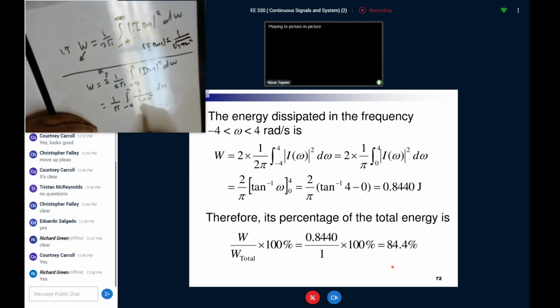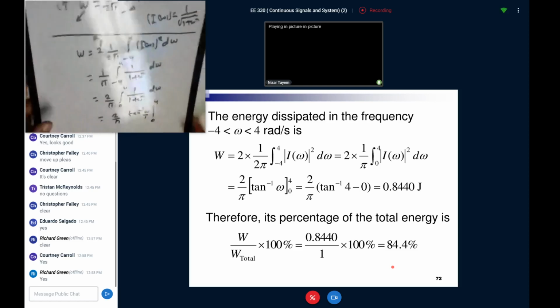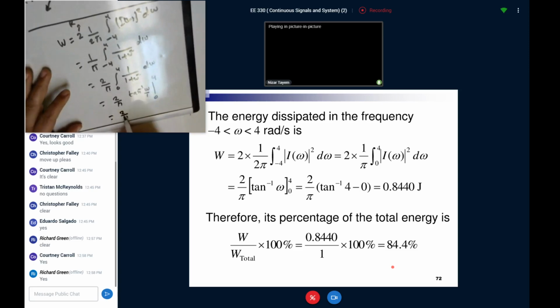Rather than integrating from minus 4 to 4, we can multiply by 2. So then we have 2 over pi times the integral from 0 to 4 of 1 over 1 plus omega squared d omega. The integral of 1 over 1 plus omega squared is just tan inverse of omega over 1, evaluated from 0 to 4. So this will be equal to 2 over pi multiplied by tan inverse of 4 minus 0, which is going to be